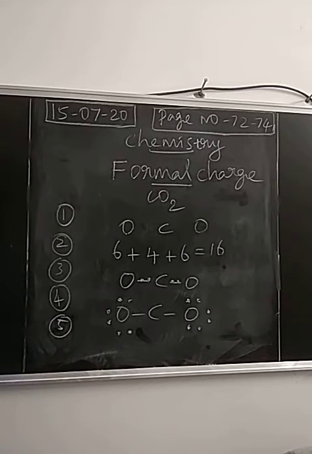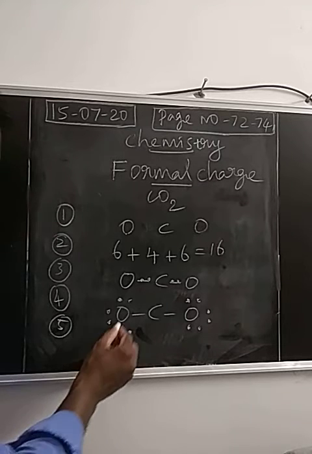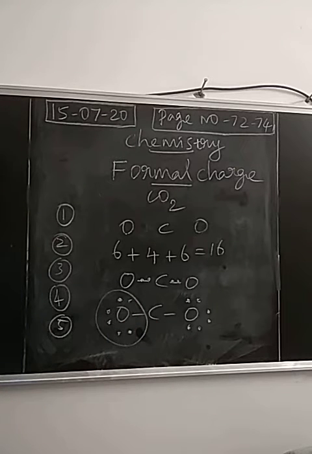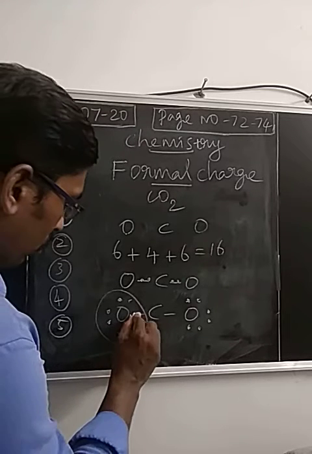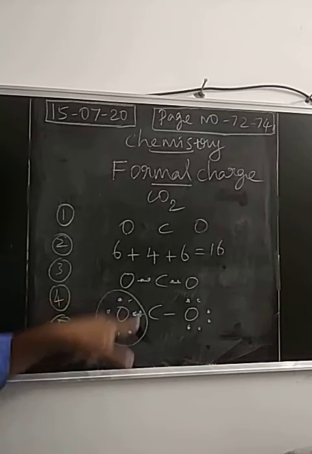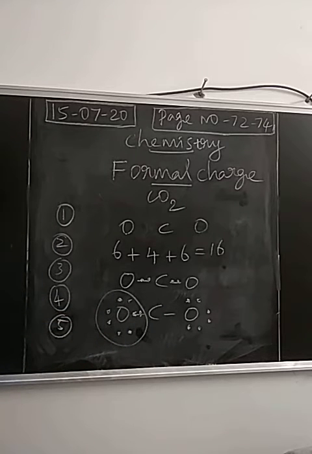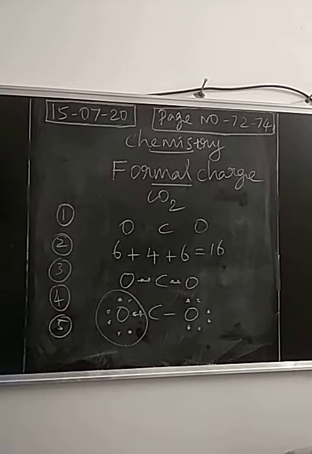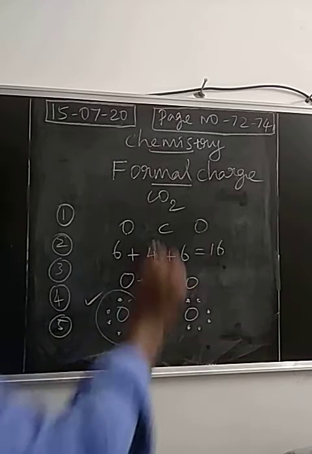We have to check whether all the atoms in the molecule are obeying the octet rule or not. So first consider this oxygen. Now the oxygen is obeying the octet rule, right? This covalent bond contains 2 electrons. So as a total, around the oxygen 8 electrons are present. So 2, 4, 6, 8. Totally 8 electrons present. So oxygen is stabilized.